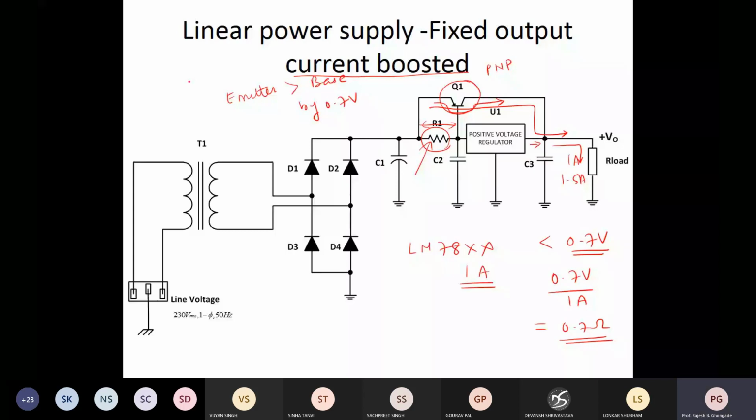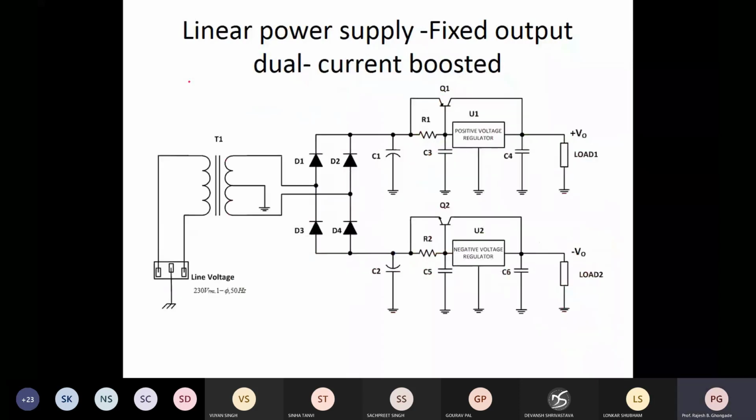All right. So now we have the mechanism wherein we can boost the current sourcing capability of a regulator. Now this is another topology which is called a fixed output dual current boosted. It simply means that I am generating a dual power supply over here, plus VO minus VO. This is a center tap transformer I am using, and now this particular circuit is called a dual